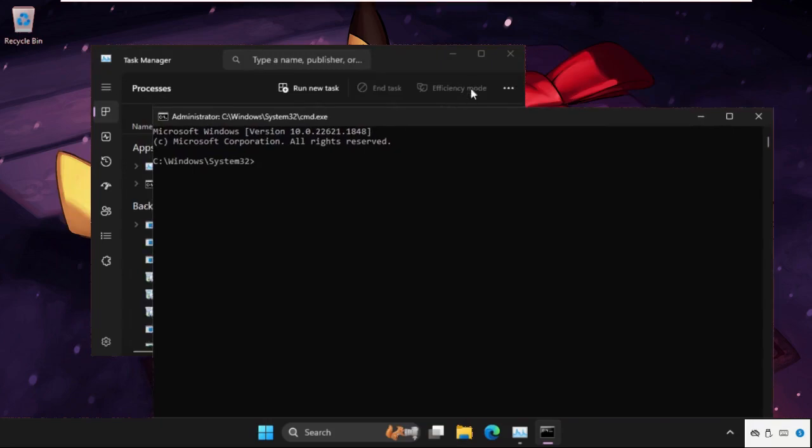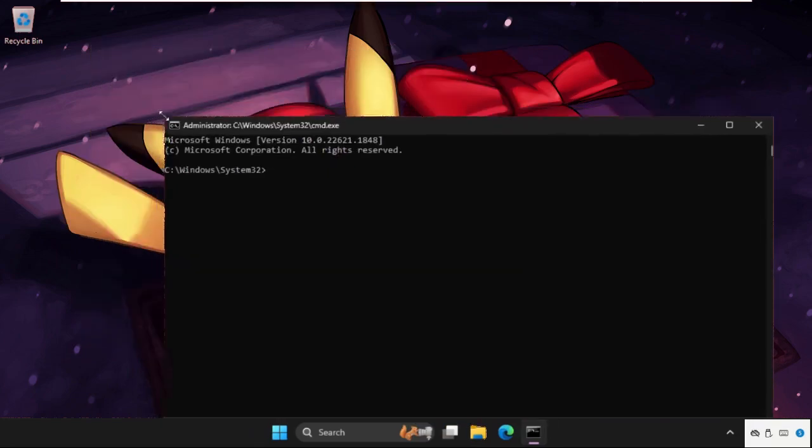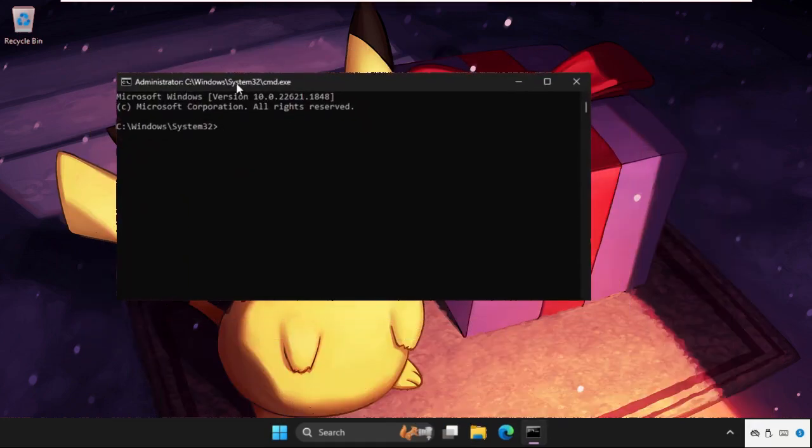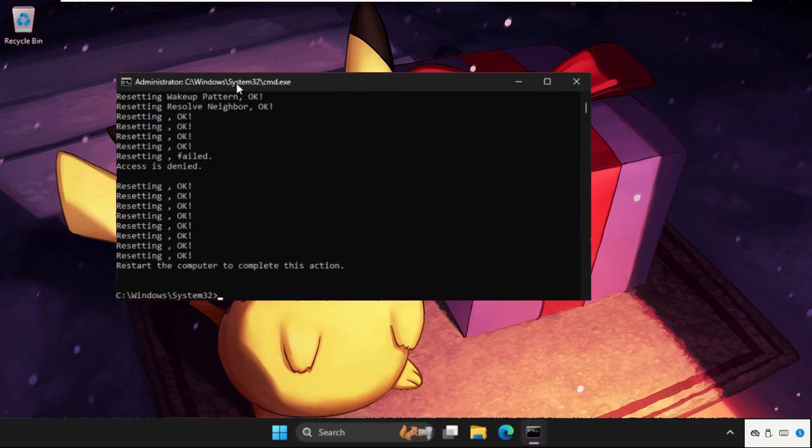Once we are here, we need to close all the background windows and we will focus on this command prompt window only. Now type these commands: netsh int ipv4 reset reset.log. Hit enter. Once done, type in netsh winsock reset catalog